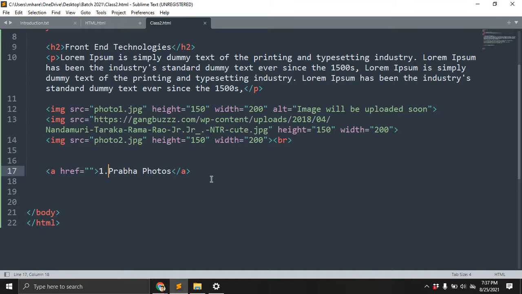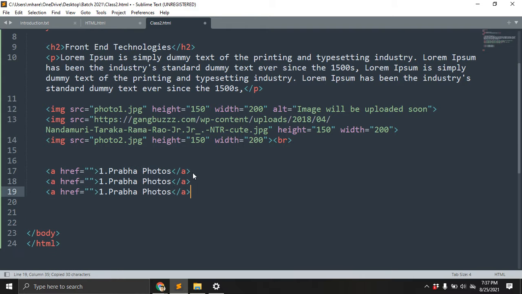Again I want 3 here, so copy this one, refresh and paste it here. The second one is NTR photos, and the third one is Prateek, right?